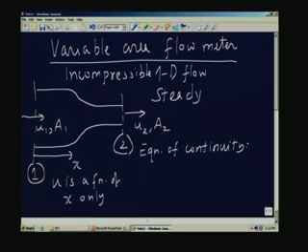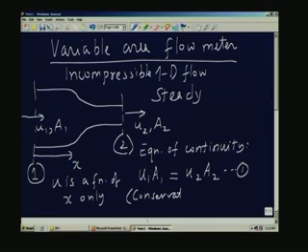So, there is no change in the volume, and therefore, we can say the volume flow rate, which is constant across the two sections, is given by u1 a1, the volume flow rate across the section 1, must be equal to u2 a2 across the section 2. So, we can call this equation 1, which is actually conservation of volume, because density is constant, conservation of mass is satisfied once the conservation of volume is satisfied.